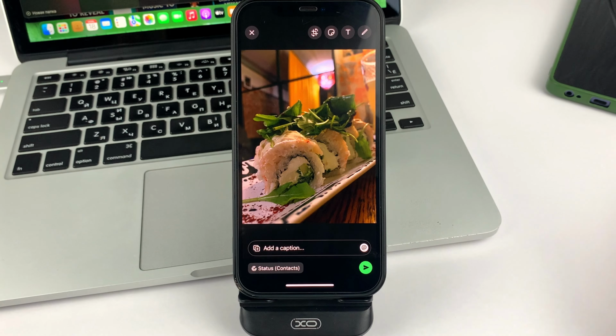And this mention of the person will now appear in your status. And on the bottom left, you will see that a contact has been added to your status. Now you just need to click on this sign so that you can add this status to yourself. That's how it works. I hope that you found this video helpful. You have seen how you can mention someone in a WhatsApp status.